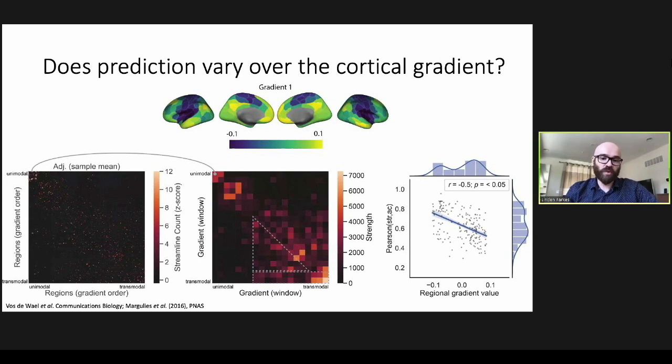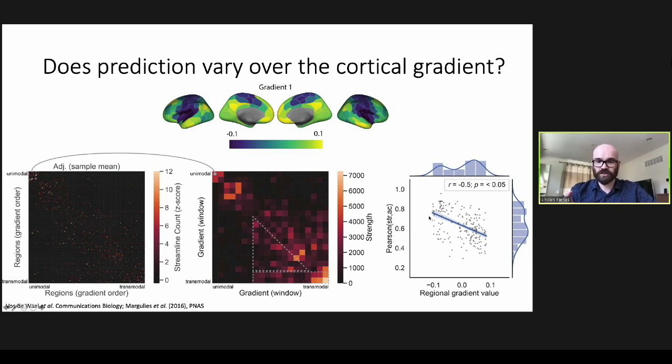Okay. Furthermore, we find that the cortical gradient explains variability in cross-subject correlations between strength and average control. Each point in this plot on the right is one of the 200 brain regions from our parcellation. The y-axis is the correlation across our 1,000 subjects between strength and average control for that region, and the x-axis is the region's cortical gradient value. So you can see that for regions at the unimodal end of the cortex, the cross-subject correlation is around 0.8,